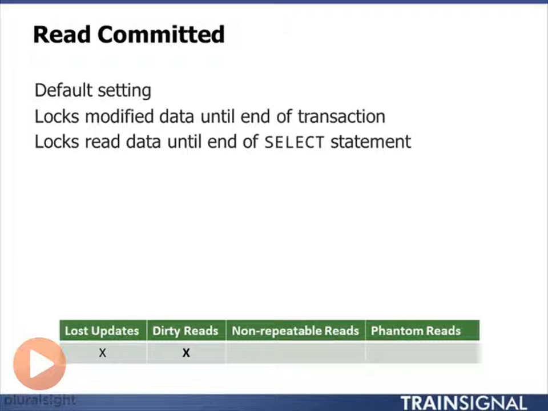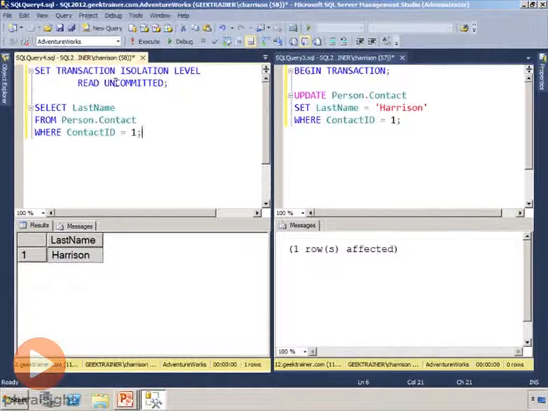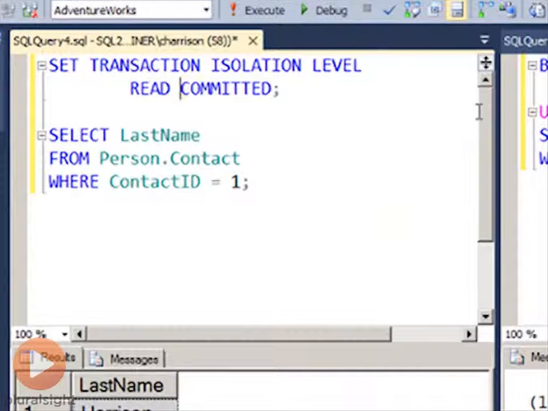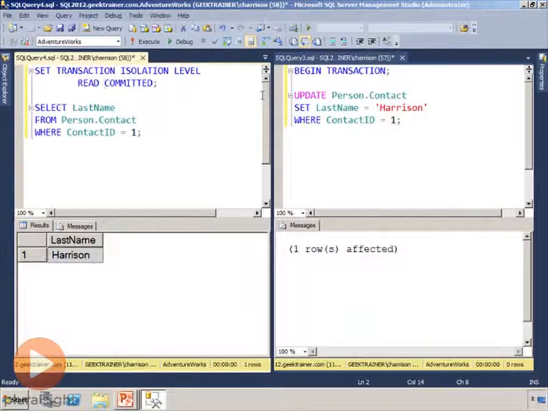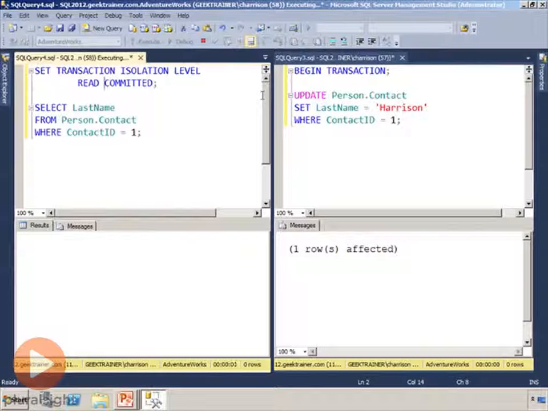Let's come back and take a look at how we can use read committed. I'm just going to modify my little statement here. You'll notice that all I did is get rid of the little un there and put in read committed. Now I'm going to reissue that update statement, and what I want you to notice is nothing's happening. Up at the very top it tells me that it's executing, but I'm not getting any